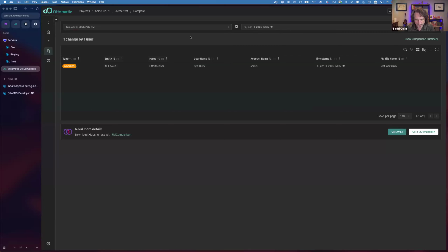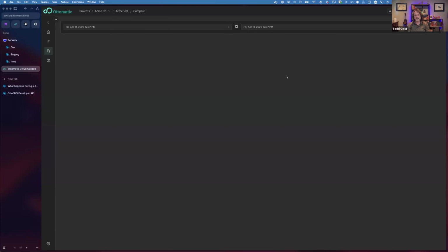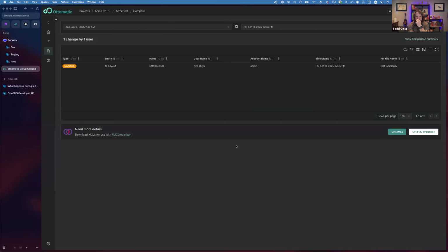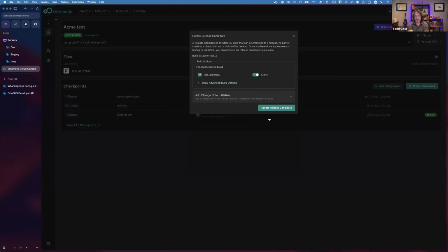And so this is our first iteration of it without doing a full diff like what FM comparison can do, because that takes much more time and is hard to do on the server. But we're moving towards that, and we hope to be able to provide those sorts of views in the future. But then when you get to the end and you've got a thing that you're ready to release, you can actually produce a release. That's where we're moving towards. So instead of a build, you're now creating a formal release.